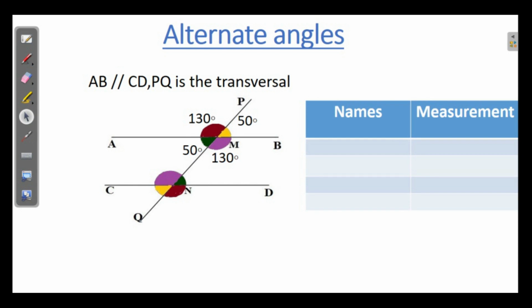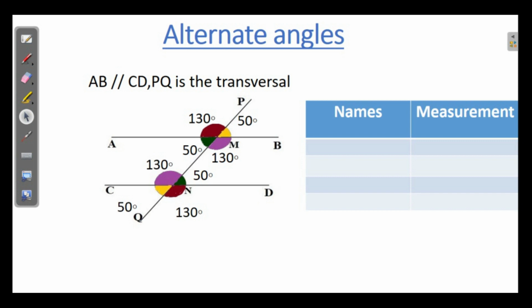Now let us see the measure of this angle. PQ is making the same slope with the parallel lines AB and CD. Here the same slope. So this angle is 50 degree. Then the linear pair, the opposite angle, the linear pair. In the same way we have to find out there also. Let us write the measurements: 130 degree opposite angles, 50 degree opposite angles or linear pair.